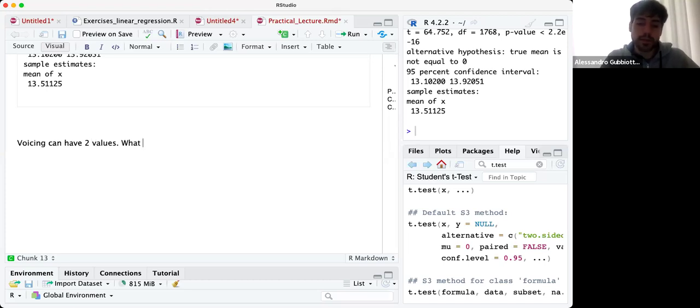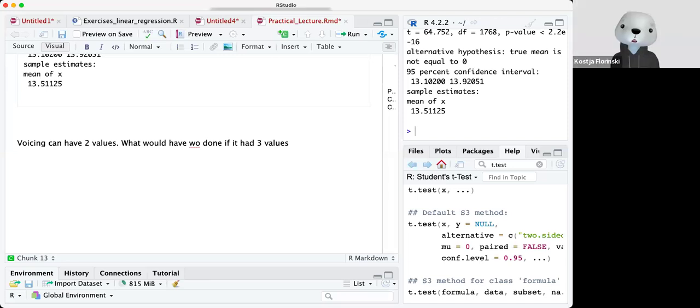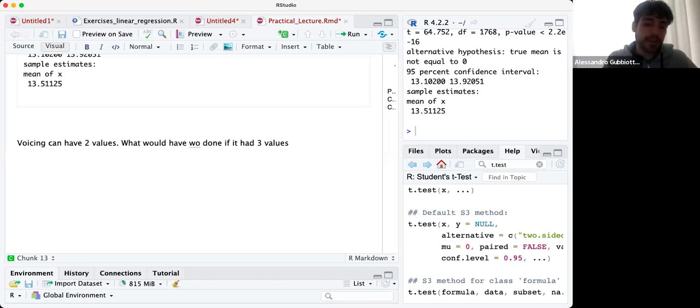What would we have done if it had three values? We could just take three values like 0, 0.5, and 1, for example. That is an idea, but it is actually what you shouldn't do,